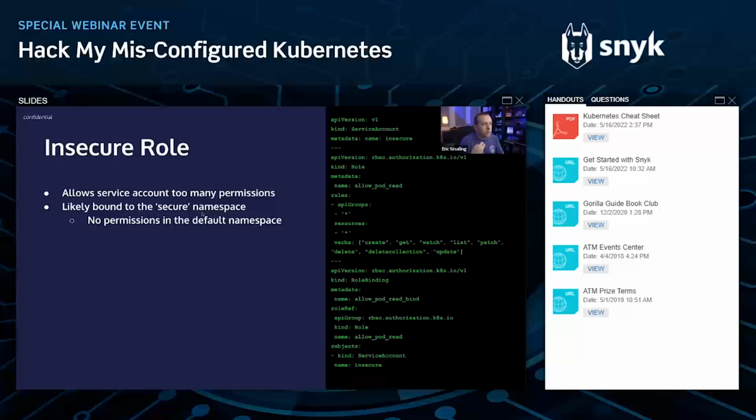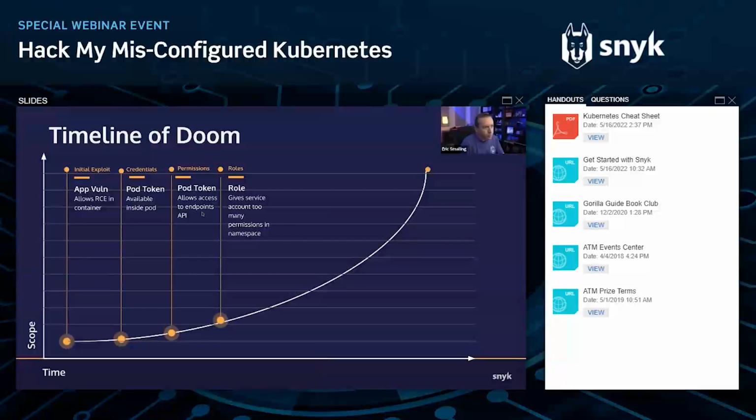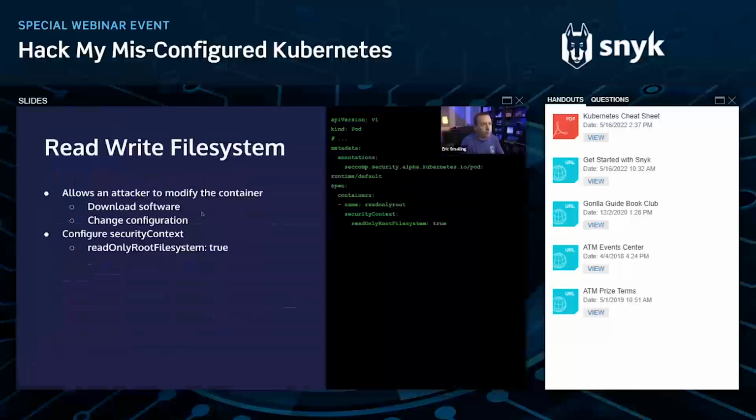The other aspect of this is that because that application team is probably only thinking about their namespace, they might not have applied anything to the default namespace. And the cluster admins, it's up to them to have done that. And we're going to take a look at that in a second. So we know that our role has a lot of permissions in this namespace because I'm able to do some of these things. The read-write file system issue